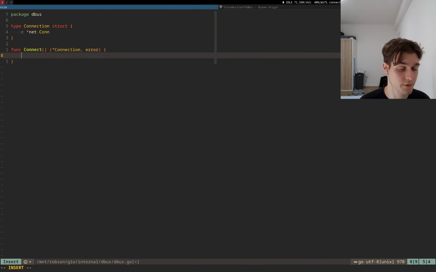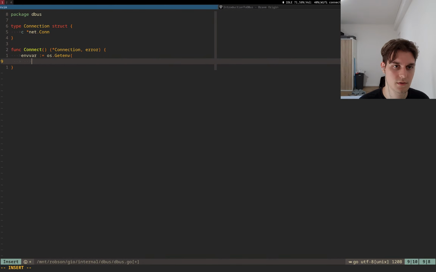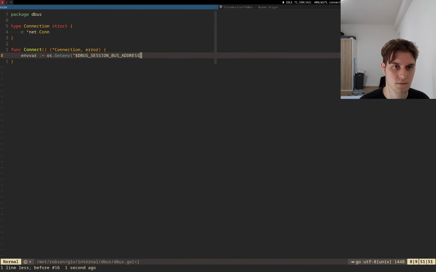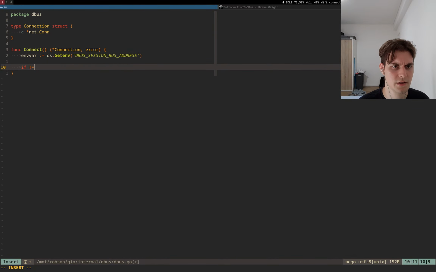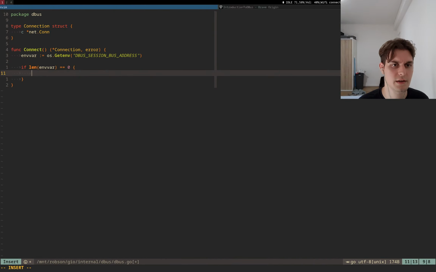So firstly, we are going to get the envar, by os.Getenv of DBUS_SESSION_BUS_ADDRESS. And if the length of envar equals 0, then it means that